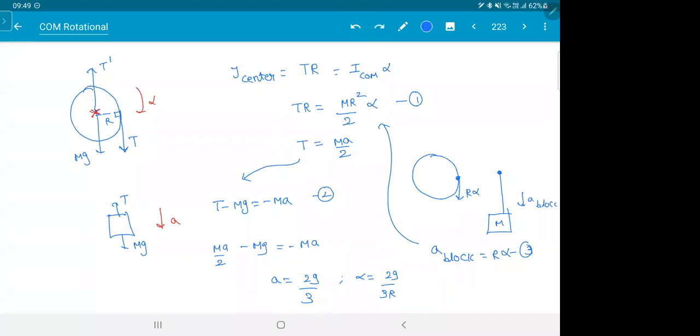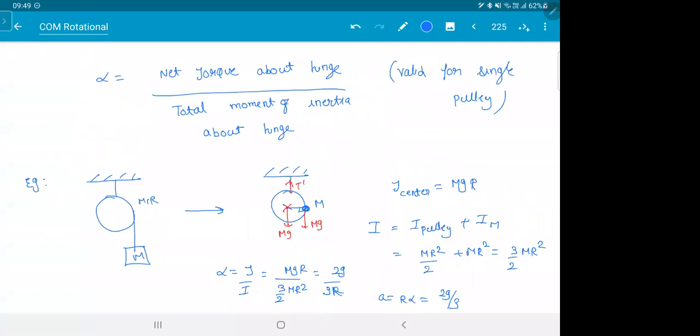Can you see? There's no need to write equations, nothing. Meaning you will get it in almost a single step actually. You know how to calculate torque, you know how to calculate I, put it down there. I wrote it here very detailed, but in the exam you need to skip all these steps. You can see and tell: mg's torque is mgR, pulley is MR squared by 2, particle is MR squared, just divide them and finish it off. You should do it mentally in your head. You don't write so many equations to solve. Put it down. Let's see a few more on this model.